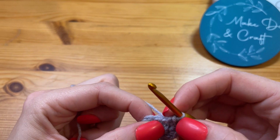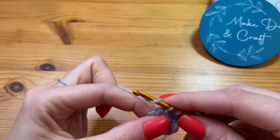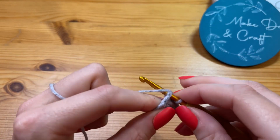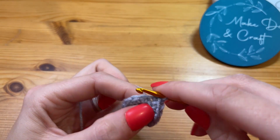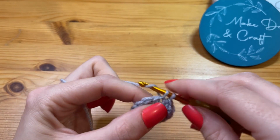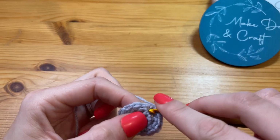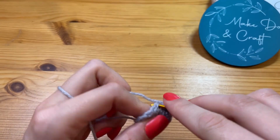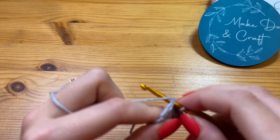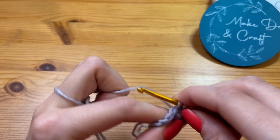Now for round 3 we're going to work 2 increases, so we're going to put an increase into the first stitch and an increase into the second stitch. Okay, so 2 increases in a row, followed by a single crochet, and we're going to repeat that another 3 times. So an increase into the next 2 stitches, followed by a single crochet. So increase, increase,